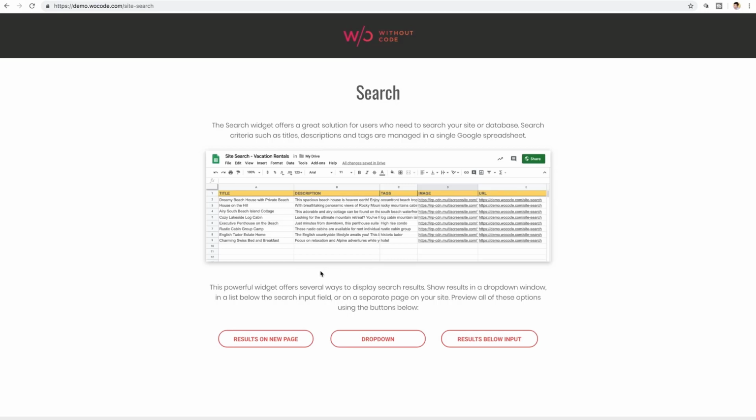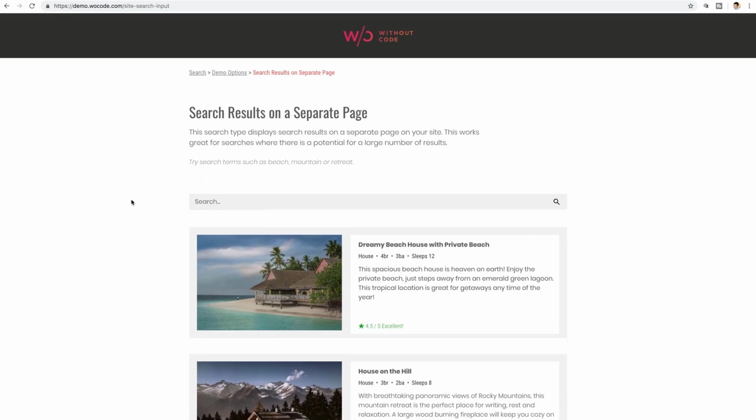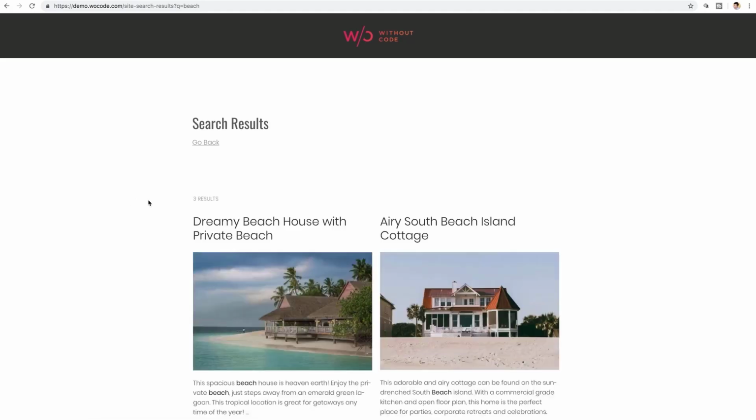As far as implementing it onto your site, as I mentioned, there are a few ways that you can do this, all of which we can demo here. The first one shows results on a new page, so let me click into this. And let's do a simple search that would apply here. We'll go with beach. And the browser completely reloads with a full search results page, showing us pages and content